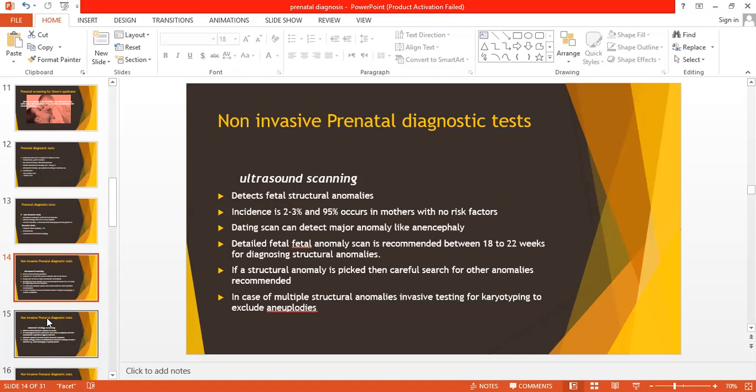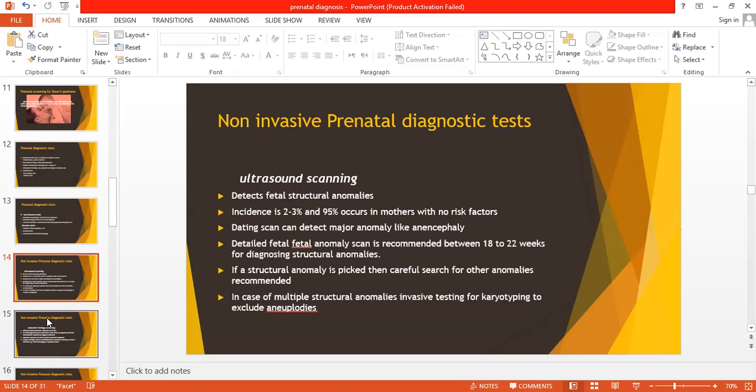fetus to be at 18 to 22 weeks, ठीक है, ताकि उसके स्ट्रक्चर्स वाजे हो, नजर आए। ठीक है, और 18 to 22 वीक्स के दरमियान इसलिए करते हैं कि ज्यादा देर हो जाए तो फिर टर्मिनेशन का ऑप्शन मुश्किल हो जाता है। If a structural anomaly is picked, then careful search for other anomalies is recommended।